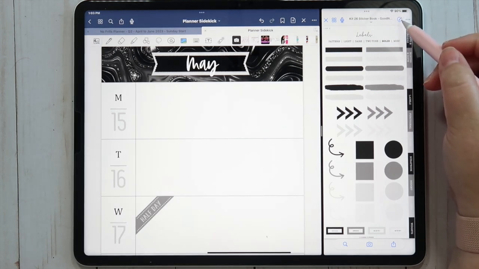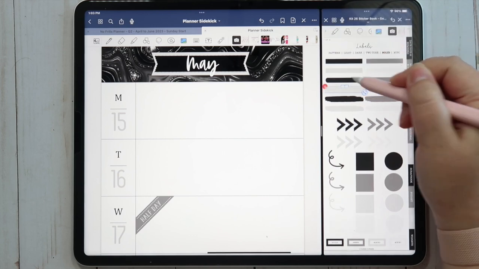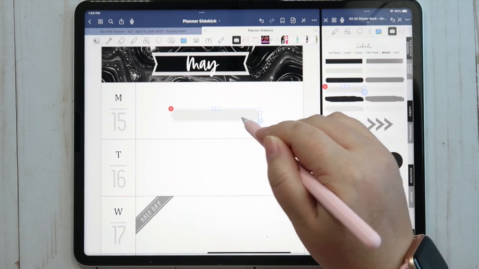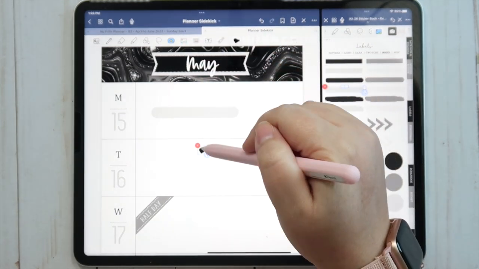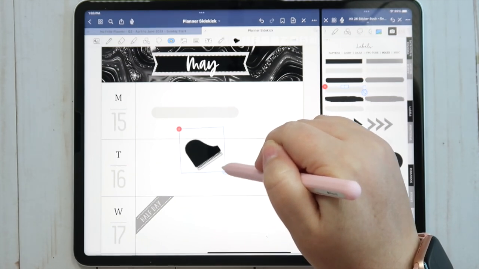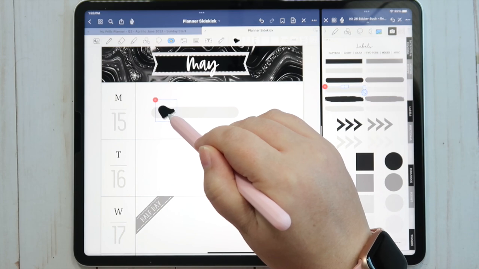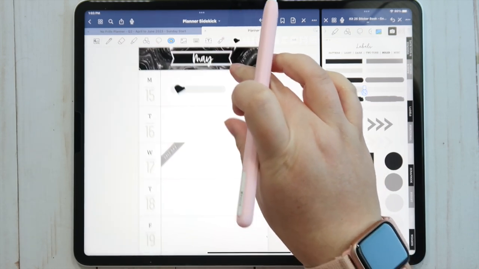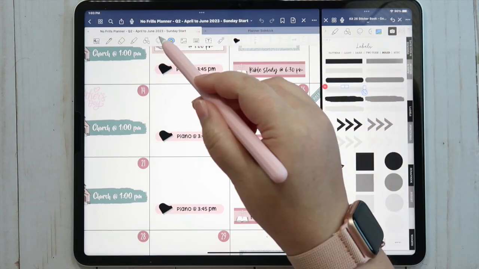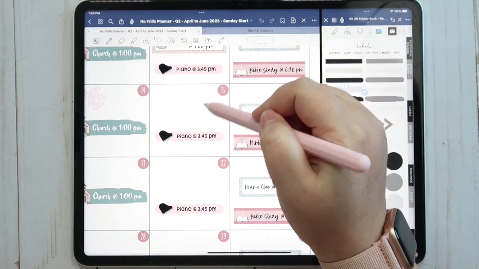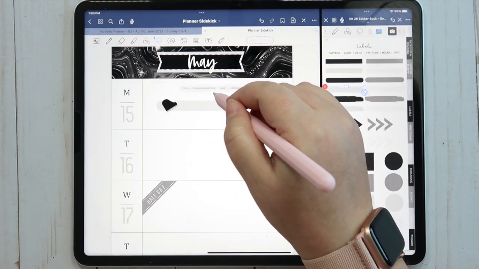So okay, let's see. I'm going to pull over this light gray. I wanted to do the black for piano, but the piano itself is black, so I feel like that's not going to work. But I'm going to pull this little icon over for my elements. And then I can go into my monthly view and turn images off and just copy that and paste.